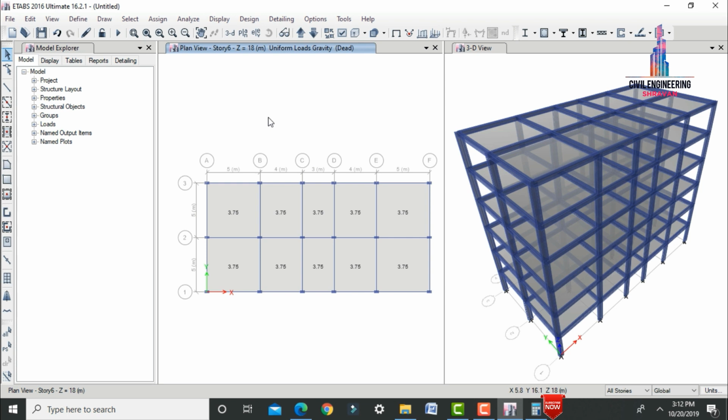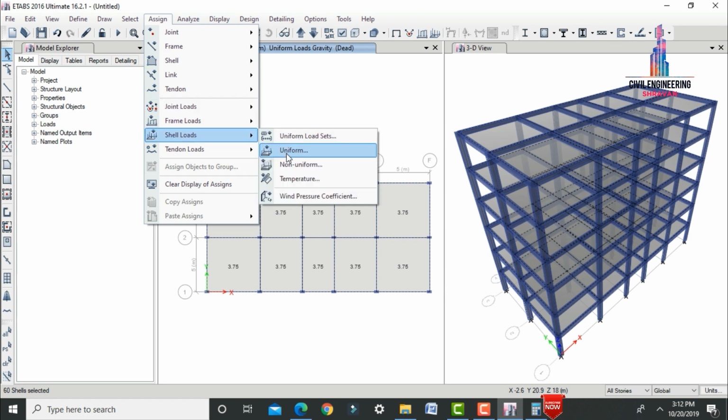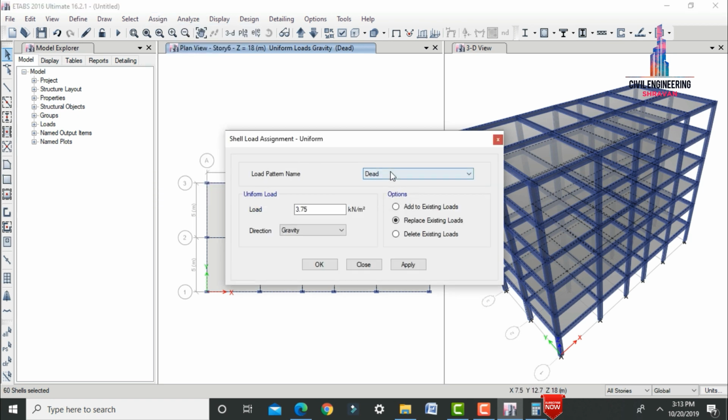After that we have to apply the live load for this building. For that we have to select the previous section for selection of live load for the slab sections. Go to assign, shell area load. Here I am selecting uniform load again. Again we have to change the load case from dead load to live load. Here I am taking intensity as 3 for this apartment building. Why? Because an apartment building will have a high load intensity. So for that reason I am taking it as 3. Click on add to existing loads, click on apply, which is acting in gravity direction, click on OK.